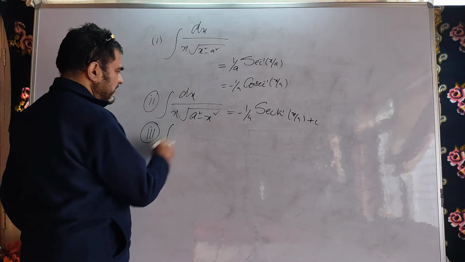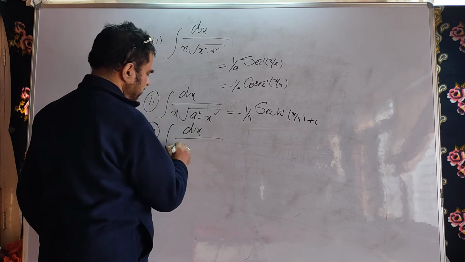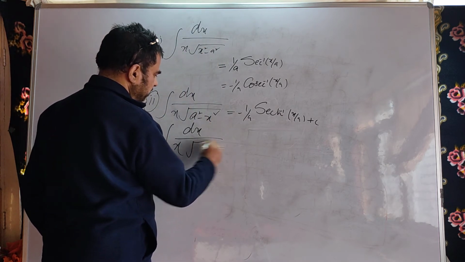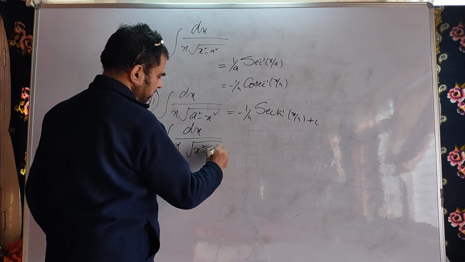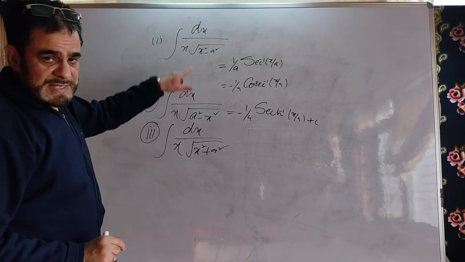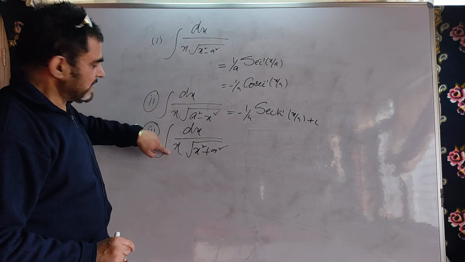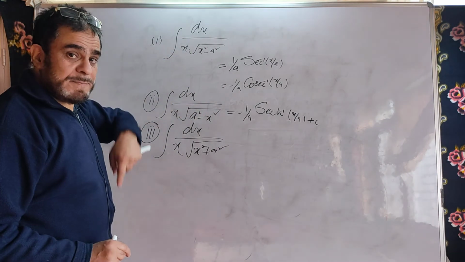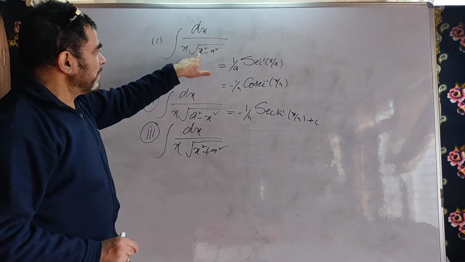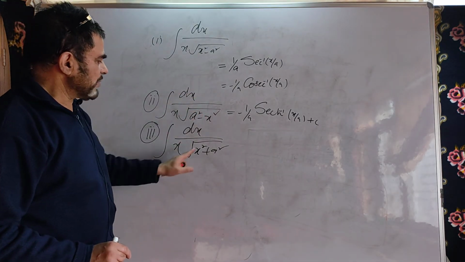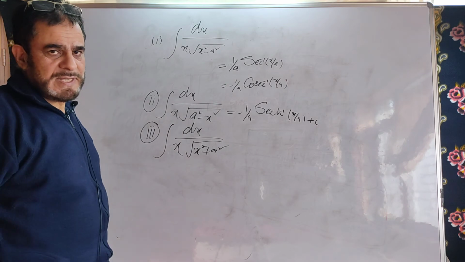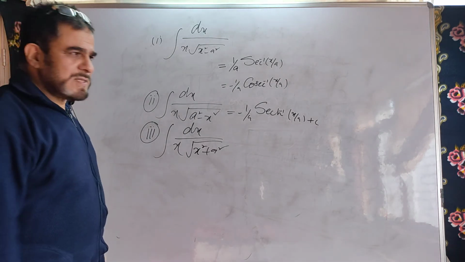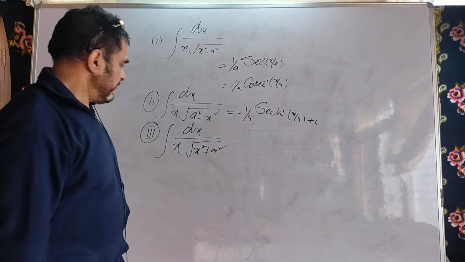You may come across dx by x under root of x square minus a square, and dx by x under root of x square plus a square. You see now in these three formulae we have x. In the previous three formulae we had no x outside the root, and before that three we had x square minus a square and x square plus a square. This is very important. You will use it further. You can easily remember this when you grasp and revise these.